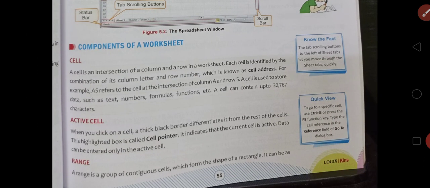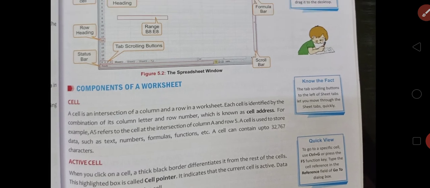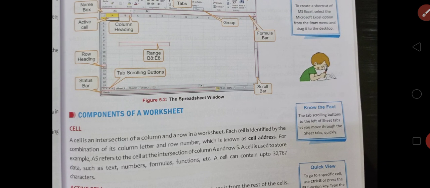Now we come to the components of the worksheet. The first component of a worksheet is the cell, children.